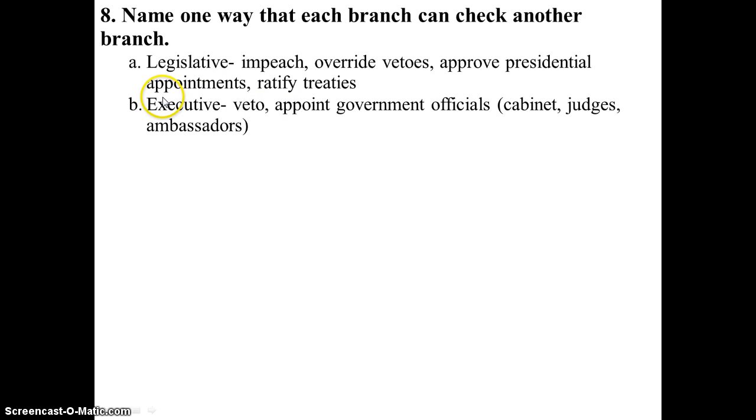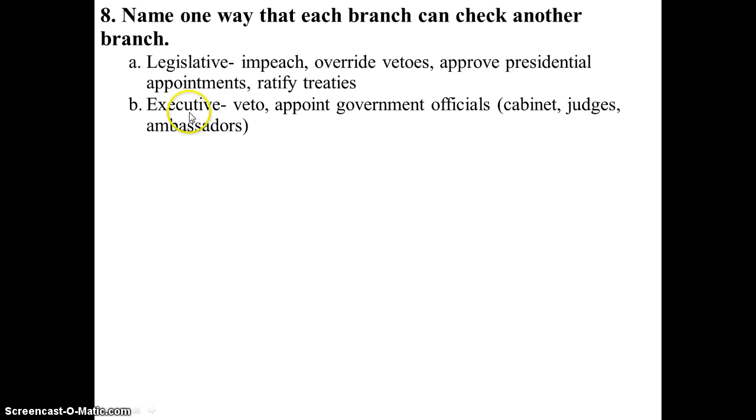Please, if you're looking at this and you're like, who is in the legislative branch? You need to pause this. You need to watch my Constitution review videos, because that talks about who's in there. And if you don't know who the legislative is or what they do, seriously, watch that, because that's really important. I'm not going into that here. Okay, I can't help myself though.